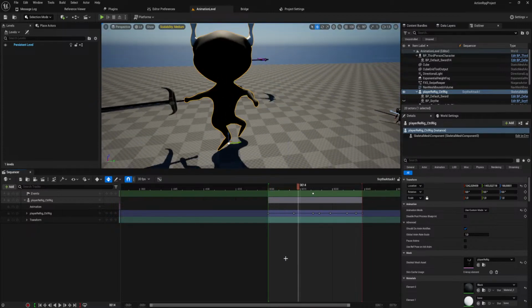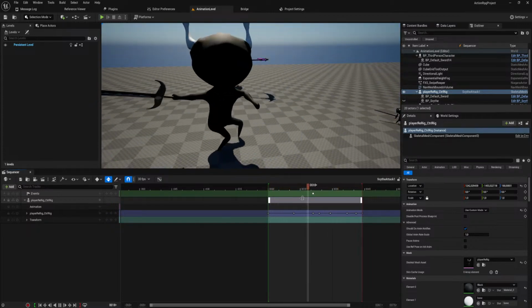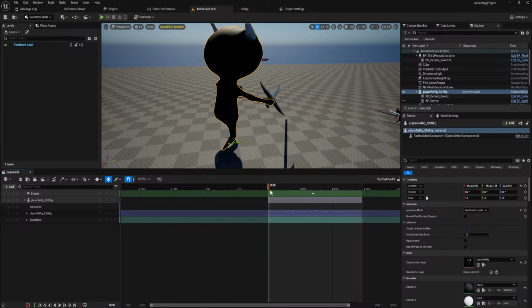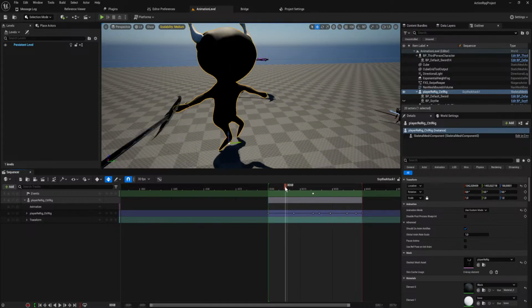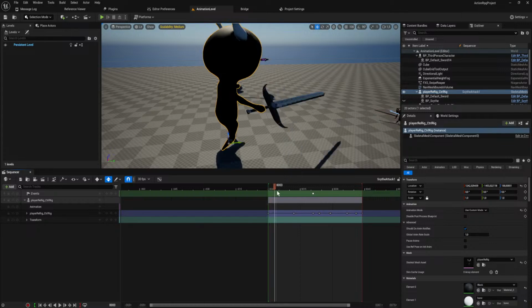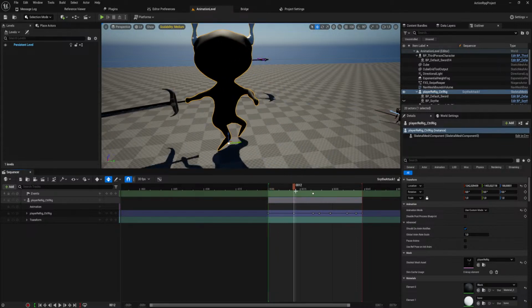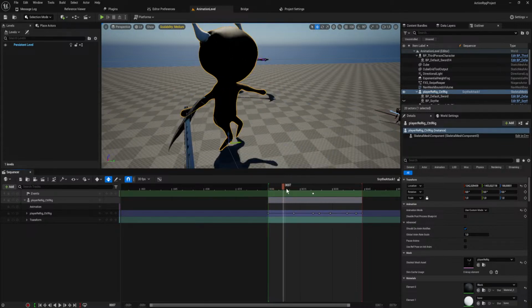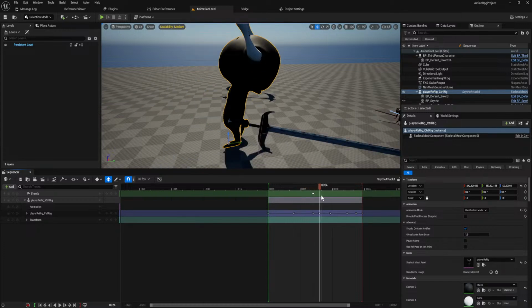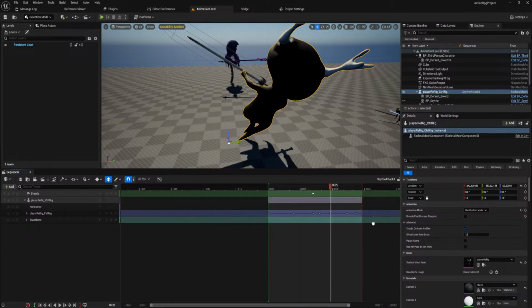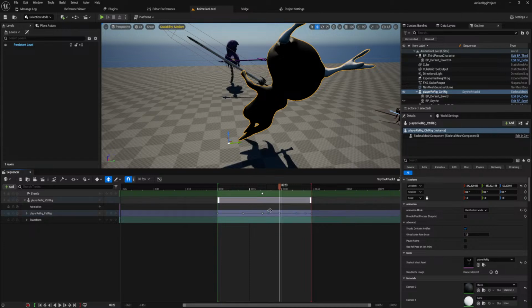And this one doesn't even need to come out that quick. You can see that I actually did animate the backward swing here, but in the montage, I think we started from here. We don't actually use this part of the animation. So I could very much add in a little bit extra here, but I feel like for the most part, it's this portion of the animation that is the important thing.